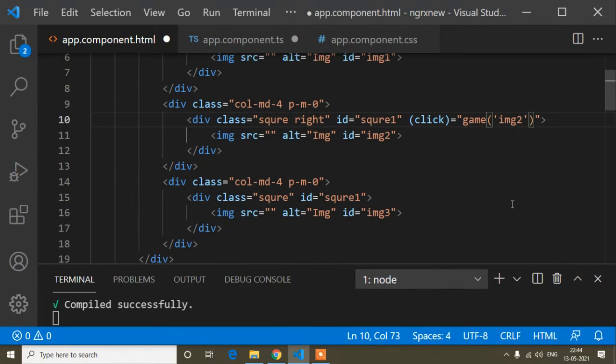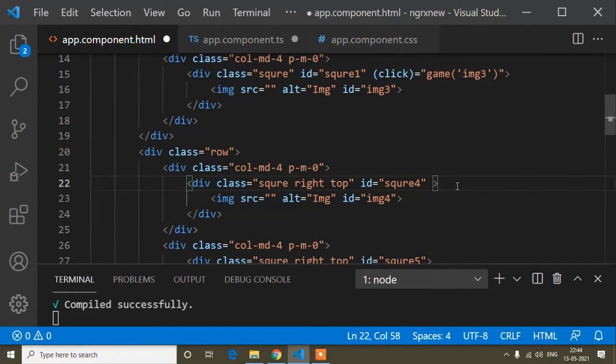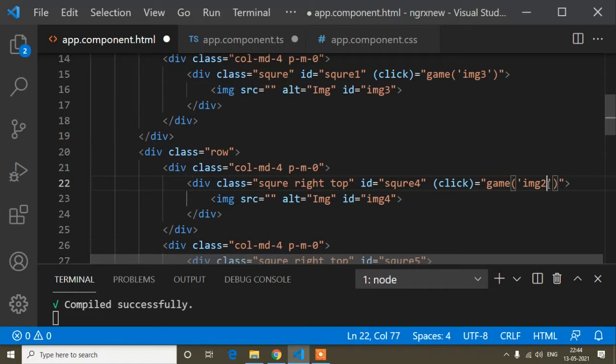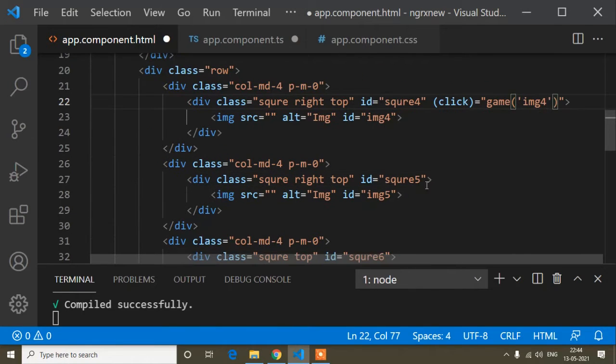Instead of image1, here I will write image2. In the same way I will copy and paste here. You can see the ID is image3, so I change it to image3. Here also paste, and image4, here paste, and image5.